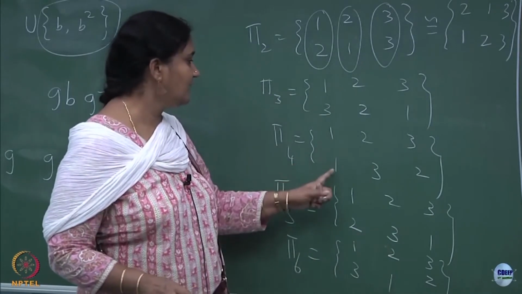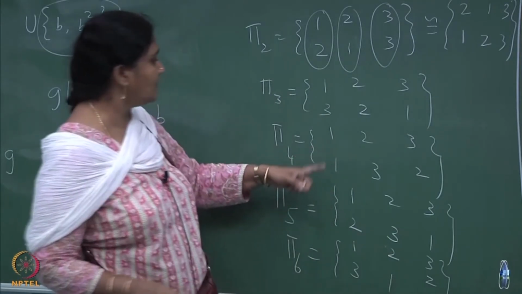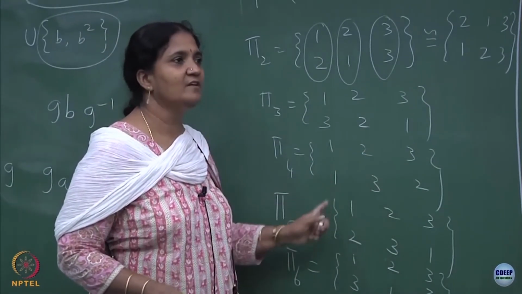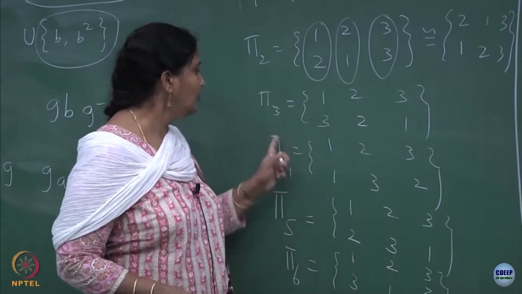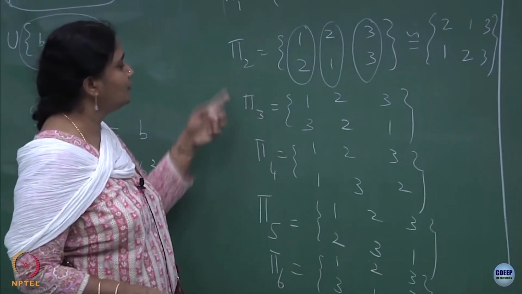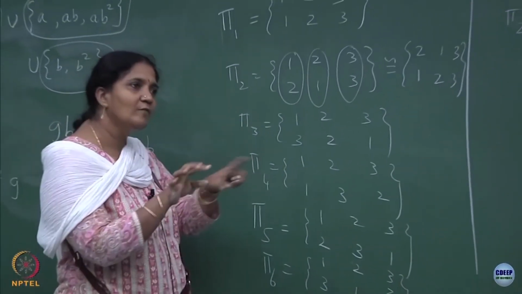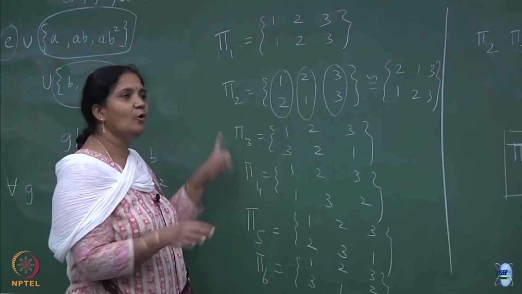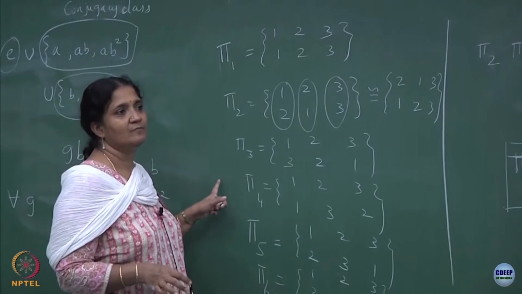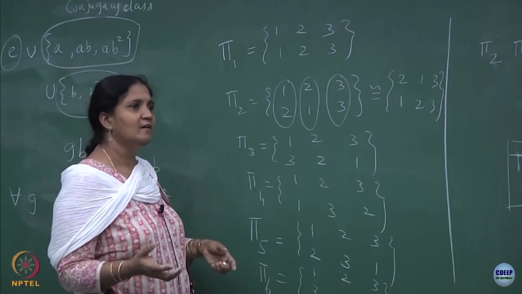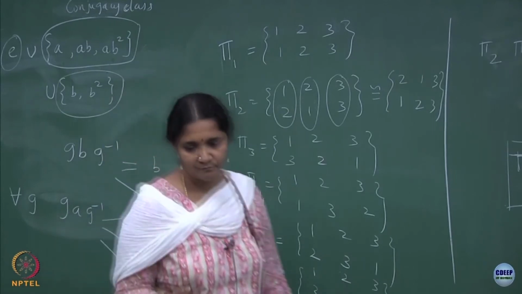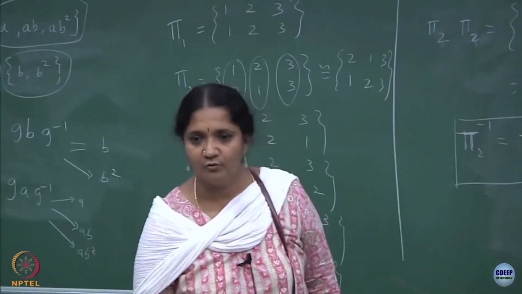Whereas here if you see, it is only either 2 and 3 are getting exchanged, 1 is untouched. So, any 2 particle exchange, so pi 2, pi 3, pi 4 are only involving 2 objects. They will always be order 2 elements, right. If you do it again, you will get back to the same position, right. So, they are order 2 elements,